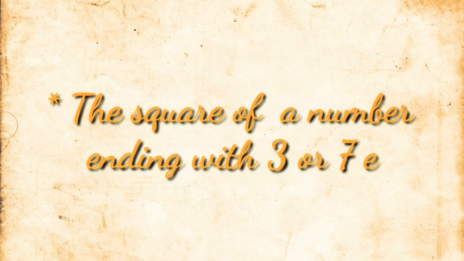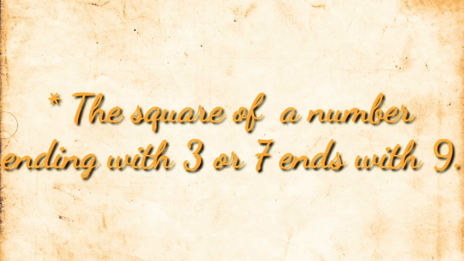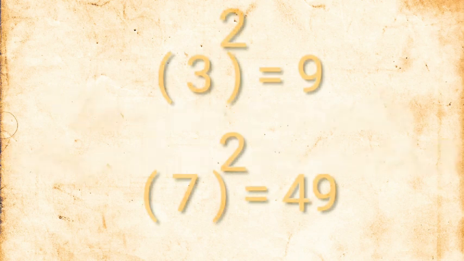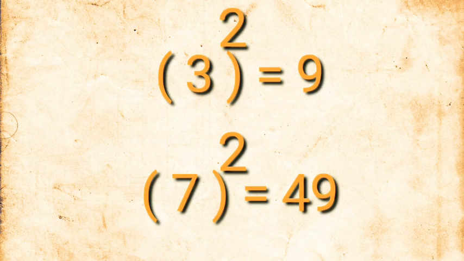Next property, that square of a number ending with 3 or 7 ends with 9. जो भी नंबर हैं 3 और 7 के साथ एंड कर रहे हैं, एंड डिजिट जो उनका है 3 एंड 7 है, जब आप उन नंबर्स का स्क्वायर करोगे तो आंसर आपका जो आएगा उसका लास्ट डिजिट क्या होगा, लास्ट